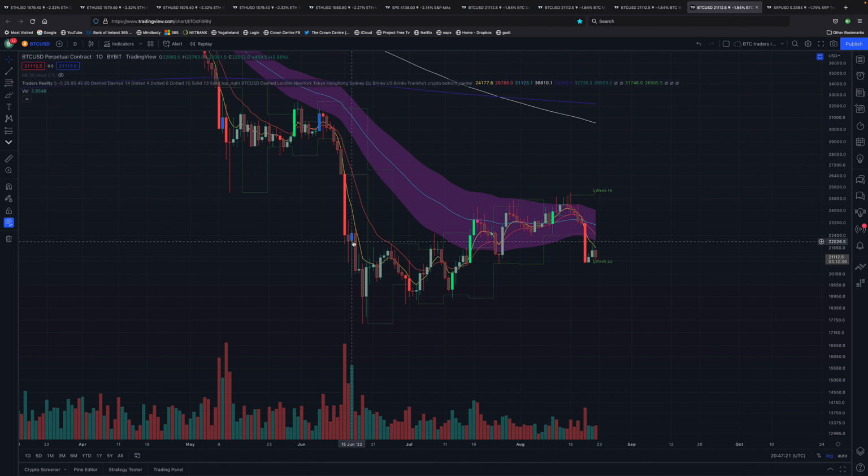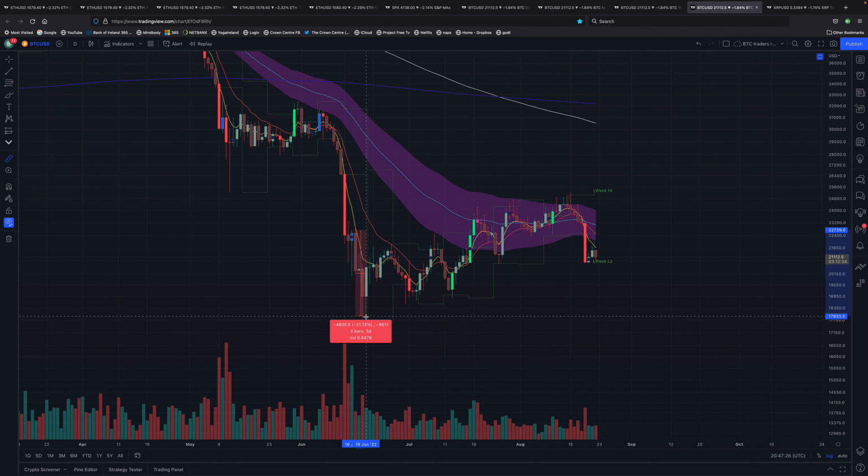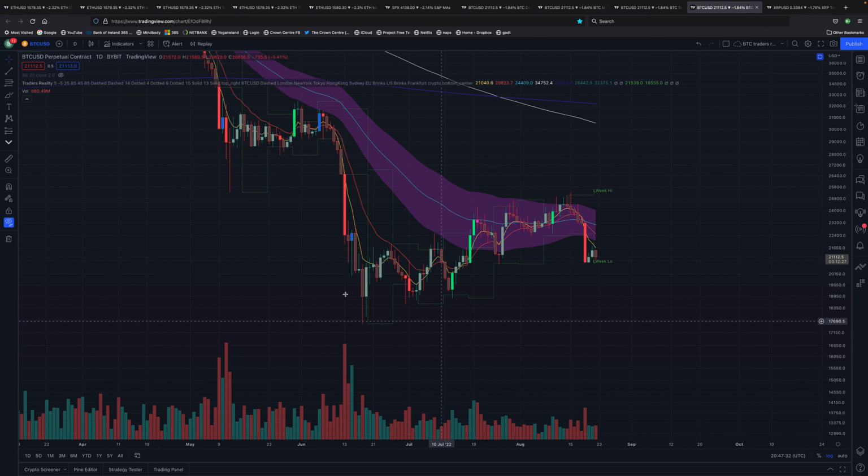Here the buyers are starting to take control, but that doesn't mean that in the coming days we don't have a continuation of 22% on Bitcoin to the downside. So quite a lot. It would be liquidated if you were to rely entirely on this indicator, which I don't advise you to do. No indicator is